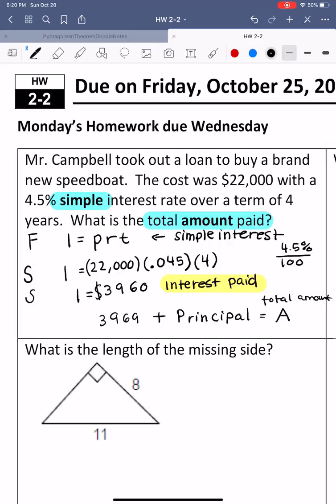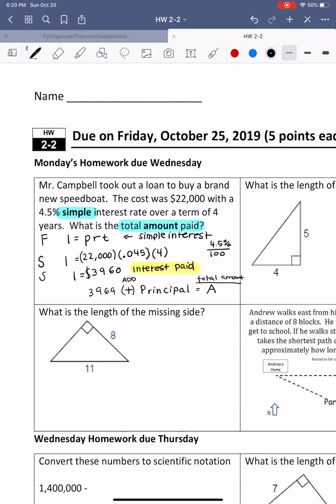So when you have simple interest, you simply add the principal in order to get your total amount. Okay, so moving down,